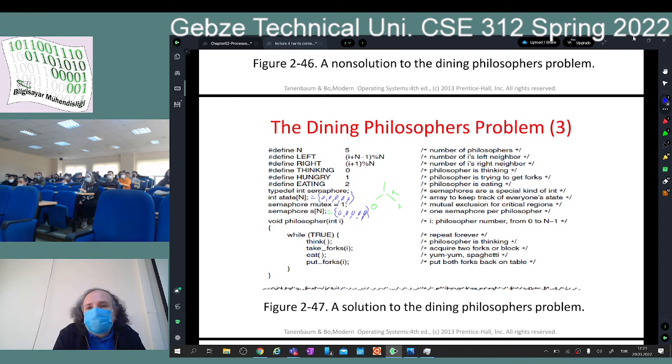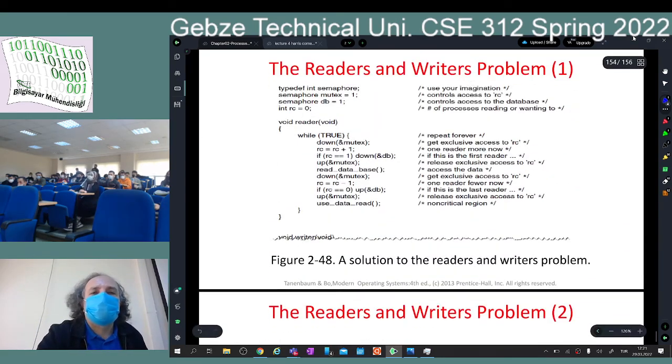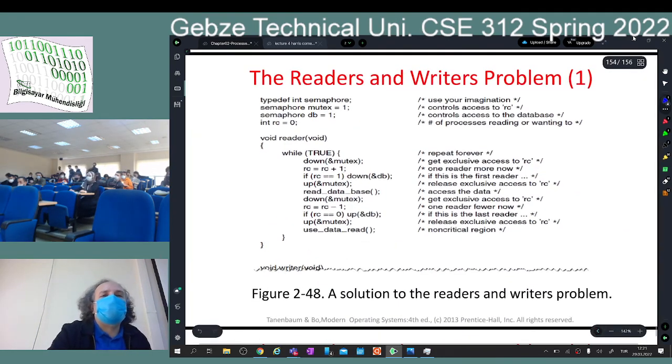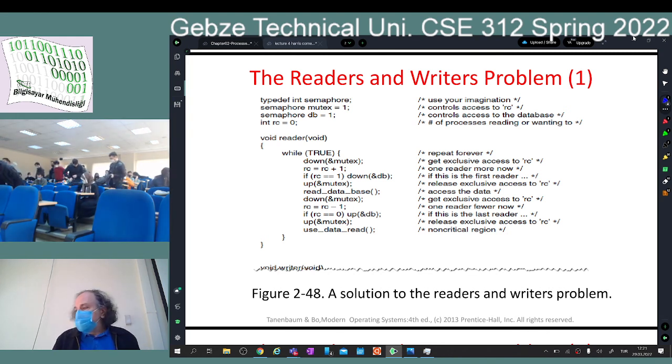Okay, good. I think I will stop at the last problem, which is the readers-writers problem. You read it yourself. This one is an even more compact, more elegant, better solution to another classical deadlock problem, but I will skip it. On Monday, I will start talking about memory. I am done with the CPU. See you on Monday.